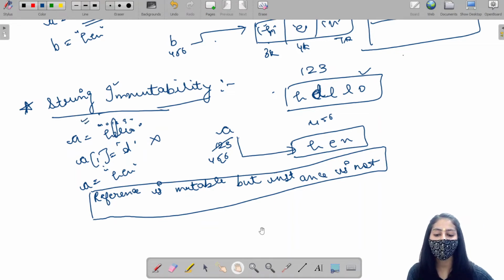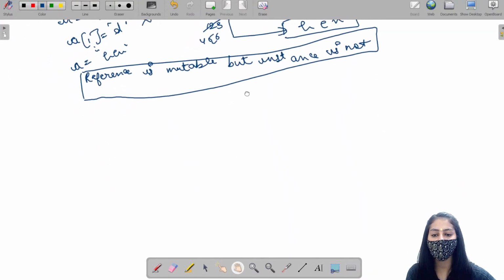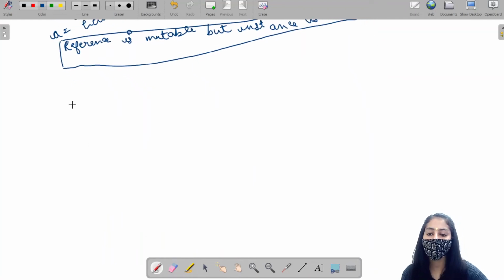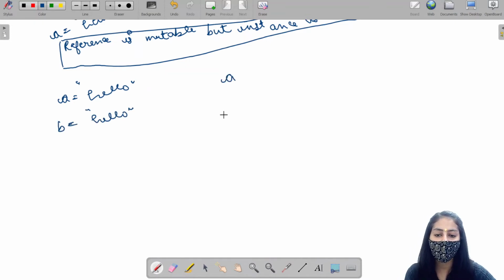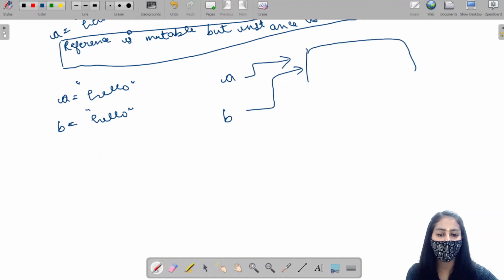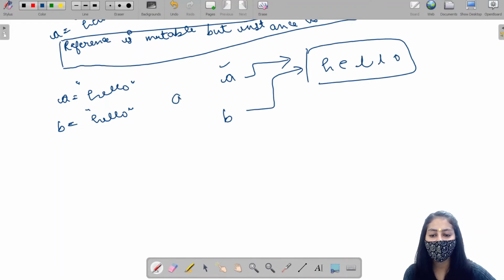Now, why is the instance immutable? If I create two strings, we know that in Python, by string interning, they will point to the same object, hello. Now if I change the first character of string A to D, it will change here.